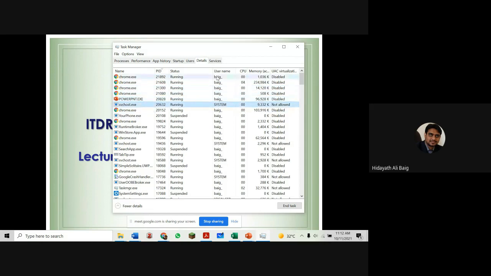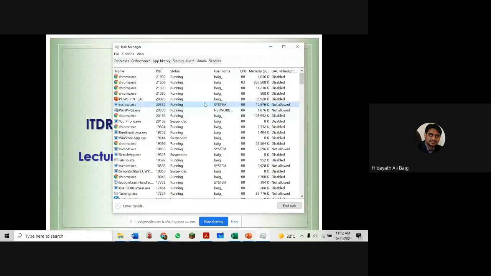And who is the owner? I am the owner. For this process, the system is the owner. And for this process, it's a network process. So if you can understand this, it shows the details of each process, like the process control block: what is the name of the process, what is the ID of the process, how long it has been running, how much CPU it is using, who is the owner, how much memory it is using, all the details related to that. Why is it showing? Because of the process. How is it showing? Because of the process control block, which we discussed in lecture number 2, the PCB.